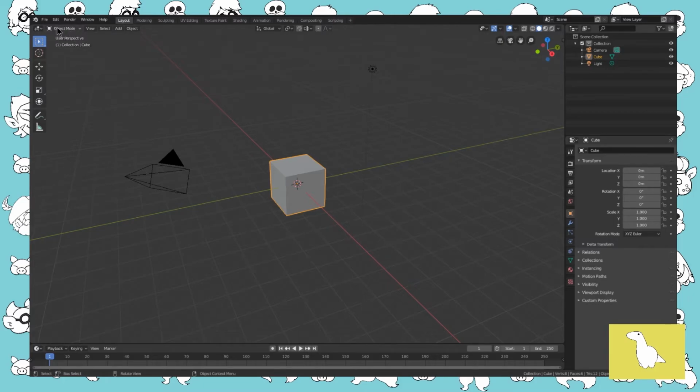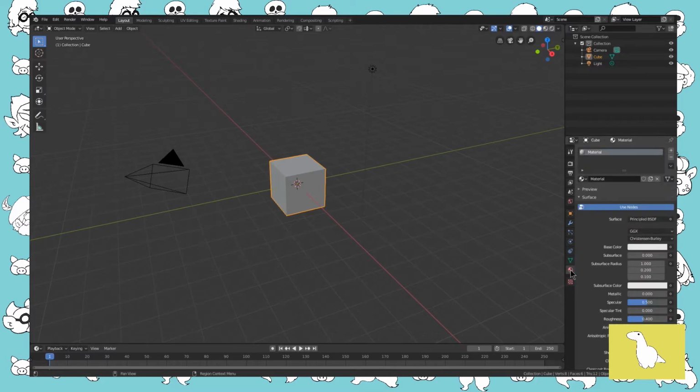Now we're in object mode at the moment, which is all I really wanted to look at for this particular point. So the last two things I'm going to show you is how to make some materials here, specifically colour, and a background. And then we're going to save it as well. So if we look on our menu, we've got a little materials tab here, and we can change our base colour